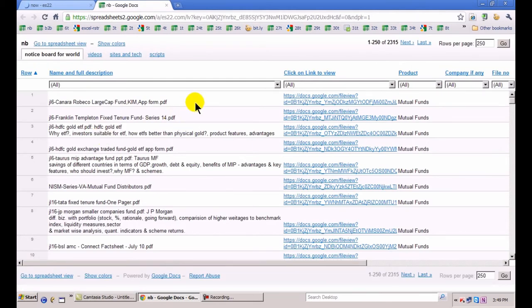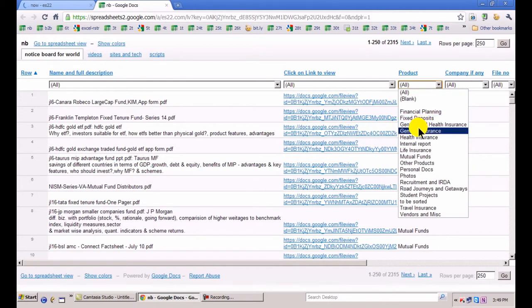We are into 2 businesses. One is called retailing of financial products, and one is called recruitment for the financial industry. So based on the product, you can see financial planning, fixed deposits, all these. You can see all these sorting from photos onwards, from student projects, travel insurance, vendors, miscellaneous, whatever. As of now, there are some 2,300 documents or presentations or materials out here. Every day, as we get more and more product literature and information and templates on mail, this 2315 will become 2316, 17, 18, and so on. So hundreds of things are out there.